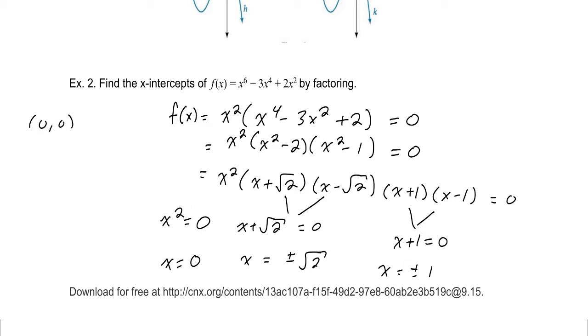0, 0, root 2, 0, minus root 2, 0, 1, 0, and minus 1, 0. We have 5 solutions. Now, one thing I'd like to point out here is once you took the square root